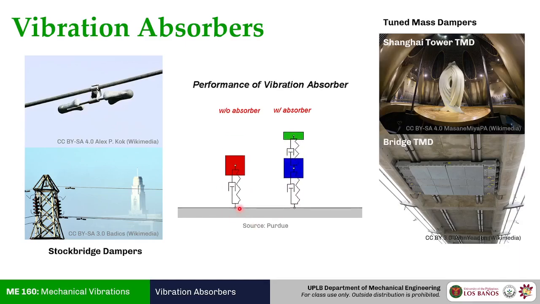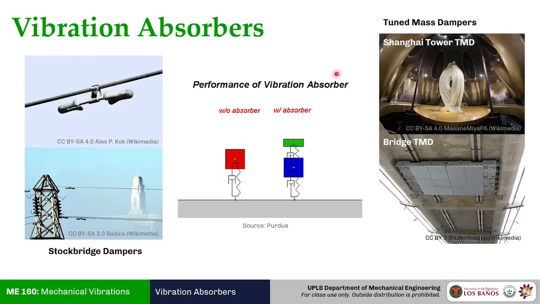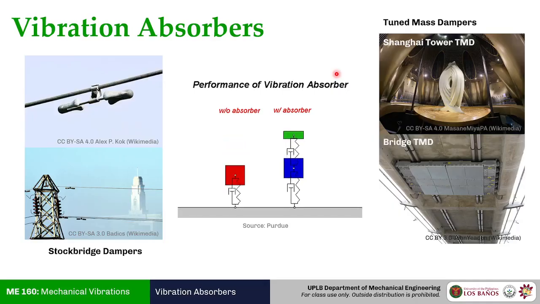Why not just use that compared to an absorber? So that is a good question. One reason you might want to avoid vibration mounts and go for the absorber is that the stiffness and the damping properties of the system to the base cannot be altered without causing